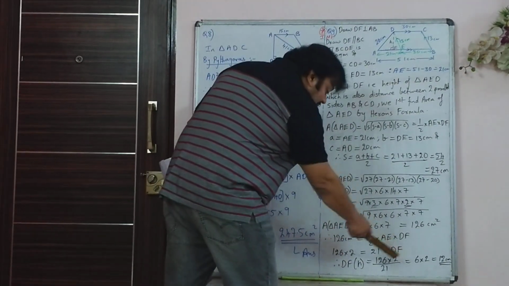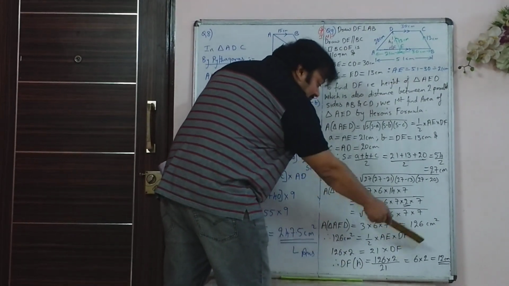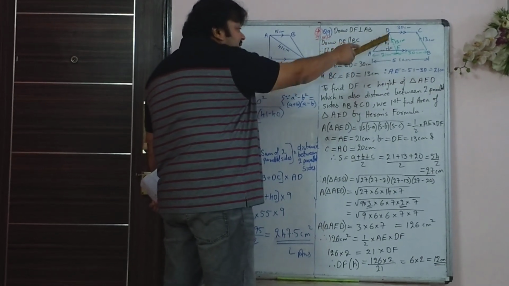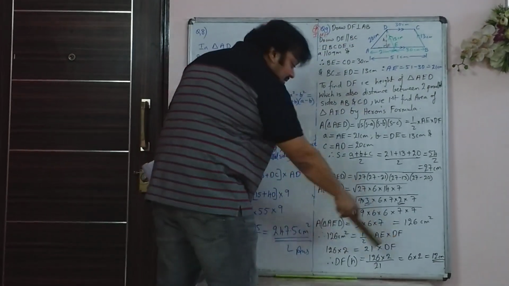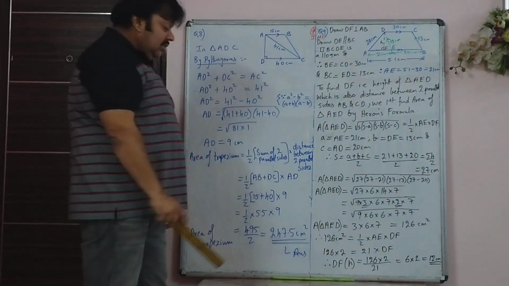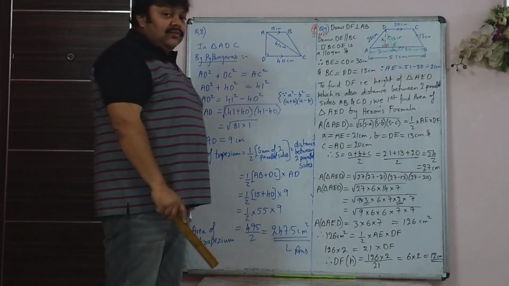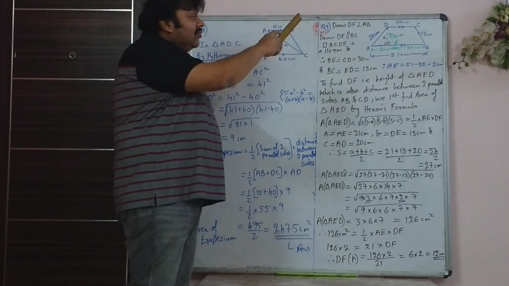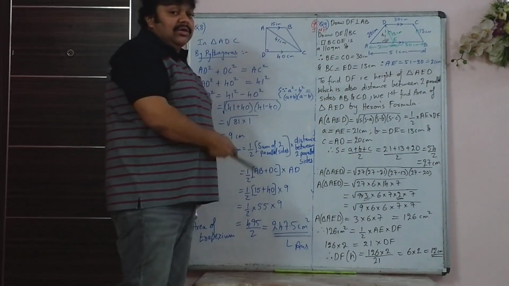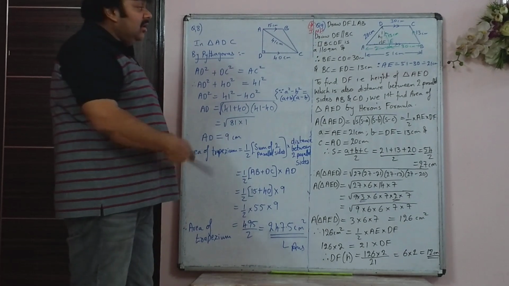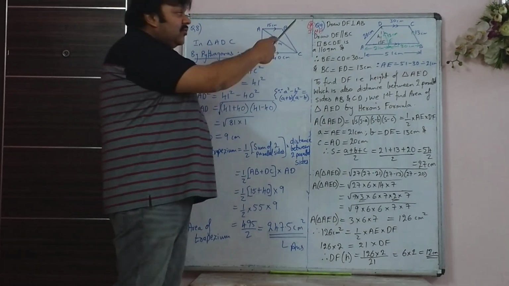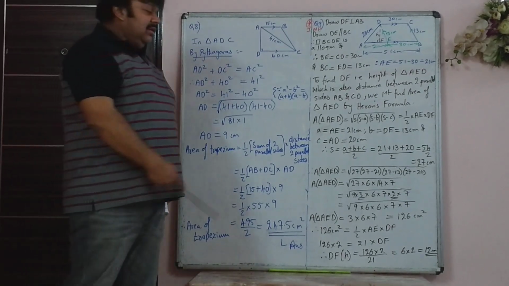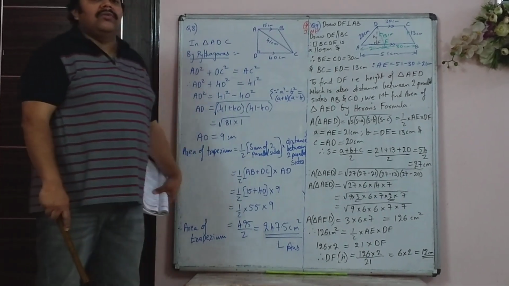So you have got, therefore, the height BF, that is the distance between the two parallel sides. You got it as 12, 6 into 2, that is 12. That's not the end of the sum. We have to find the area of the trapezium. So I will continue with that. We will find the area. Now it is simple. The main thing was to find DF, that is the distance between the two parallel sides. Now it is direct substitution in the formula.